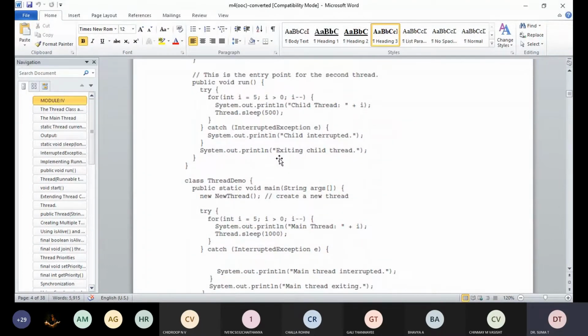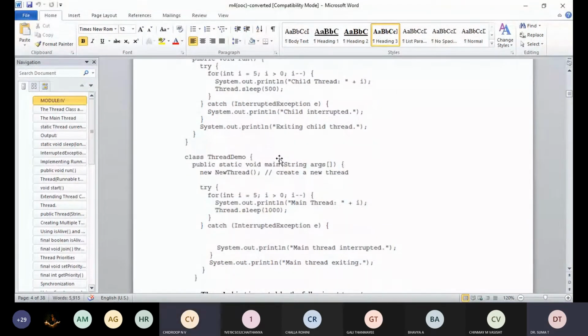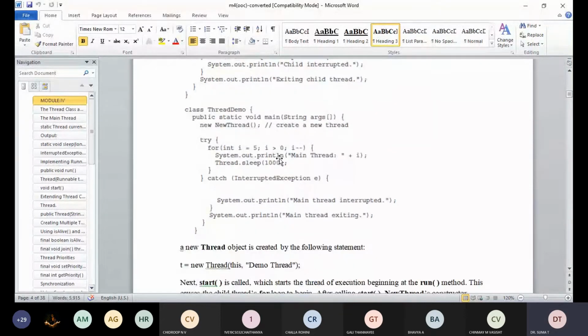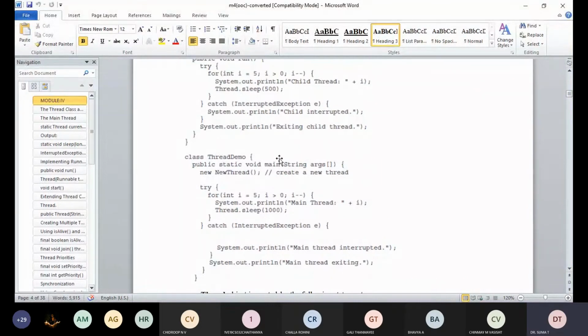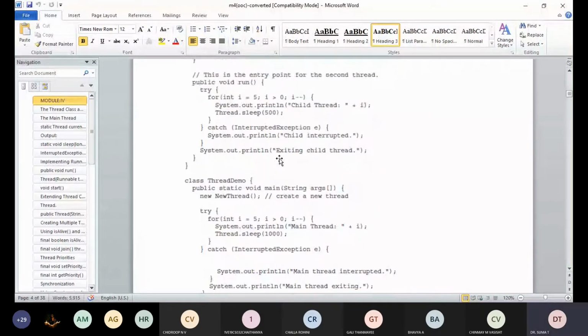Passing this as the first argument indicates that you want the new thread to call the run method on this object implicitly. I told you, this object is going to call the demo thread for the execution. Next, start is called. So next we are going to call the start method, right? So when the start method is called here,